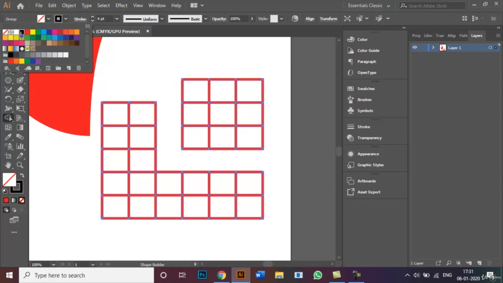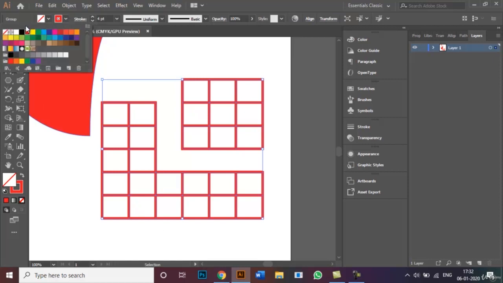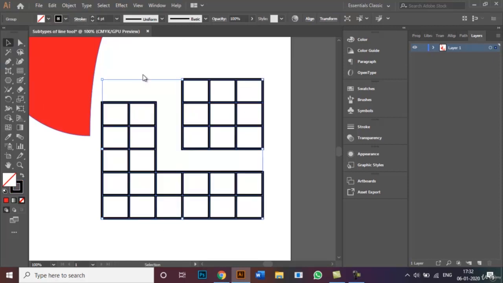From red you can choose black, but that did not happen because my shape wasn't selected at all, right? So if I go back, select my shapes, and from red I'll click to black, and that's it. So this is super helpful in case if you want to make a table on your